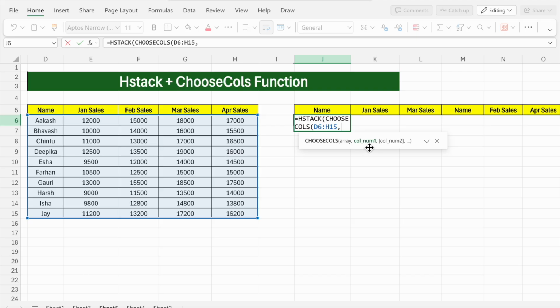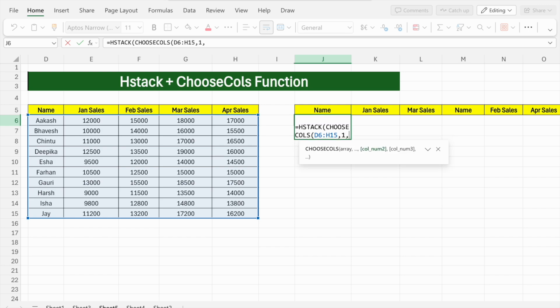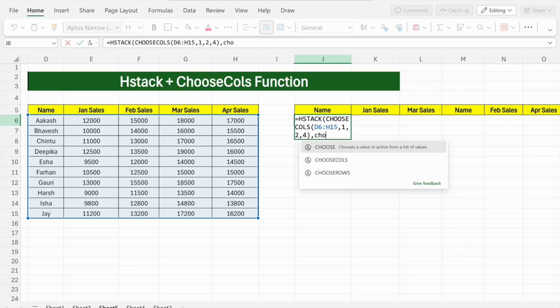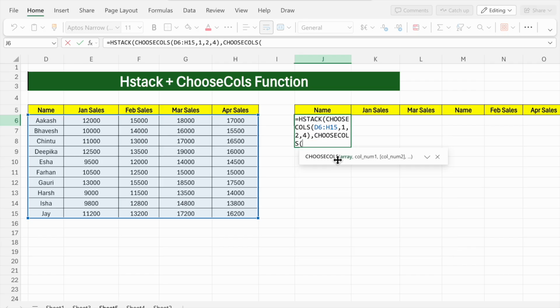So column number is, I want to include here this name cell, means first column, then January cell means second column, and I want to compare with March sales. So this is 1 2 3 fourth column, so you have to type 4. Now bracket close, comma, again use this CHOOSECOLS function, then again select the array, whole table,